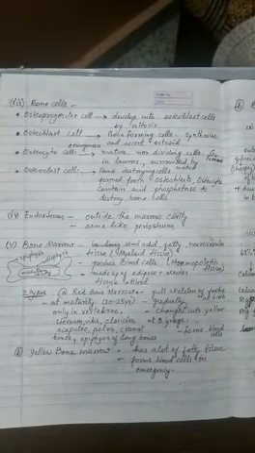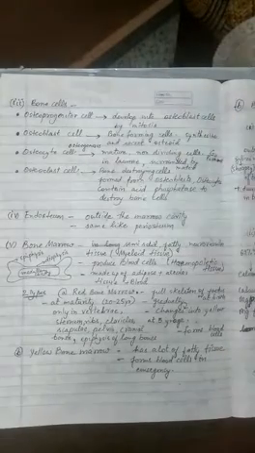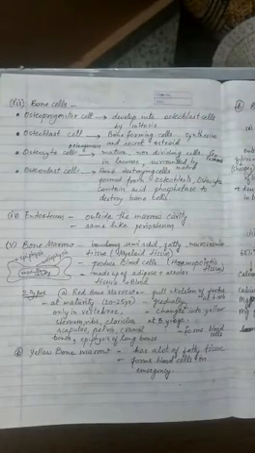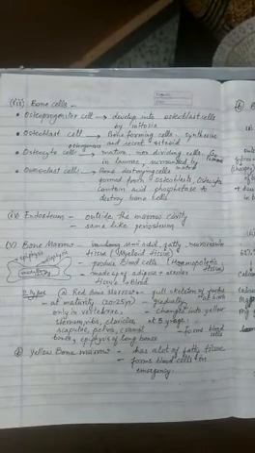So next to the matrix we have the bone cells. The bones carry cells. There are basically these 4 types of cells found in the bones. The first one is the